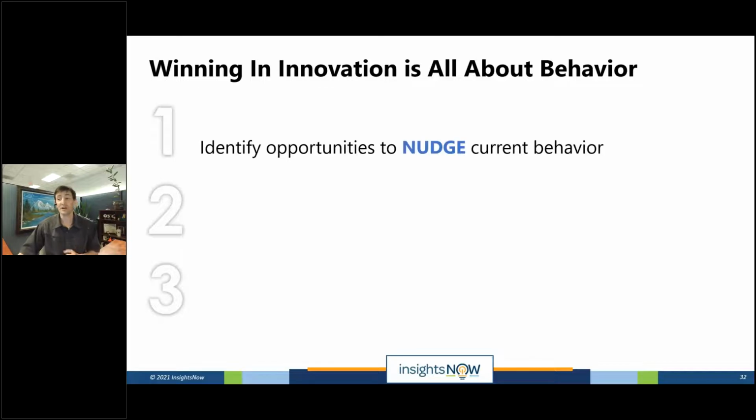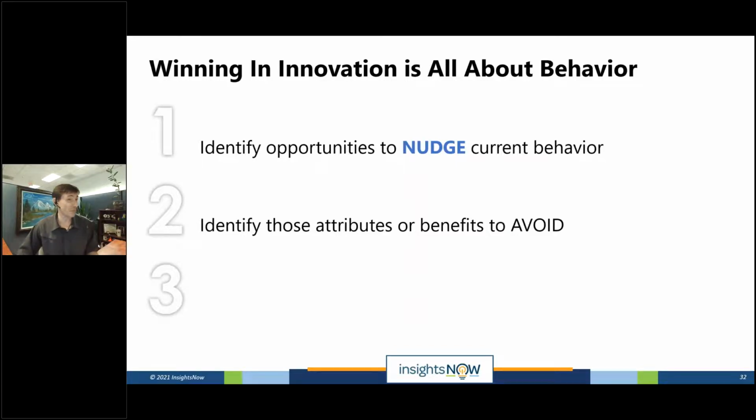there's opportunities to disrupt. So first and foremost, it's going to identify great opportunities to nudge current behavior along. Finding those things that are implicitly positively connected are going to really nudge people in their current behavior. You're going to identify those attributes to avoid, just like warming toothpaste at night. Just not a good scenario. I thought it was a cool idea personally, but we know based on the research there that that is definitely something to avoid. So good opportunity to find things that you can avoid, which also improves your speed to market